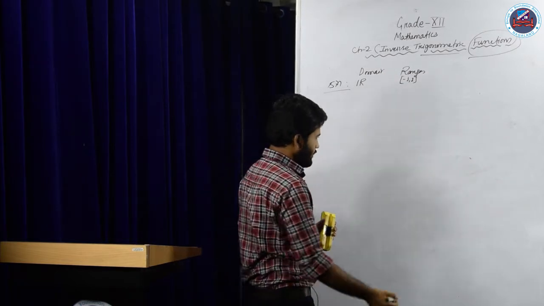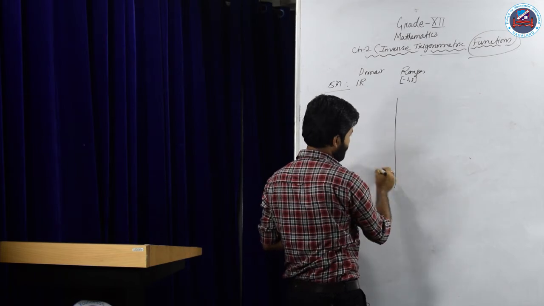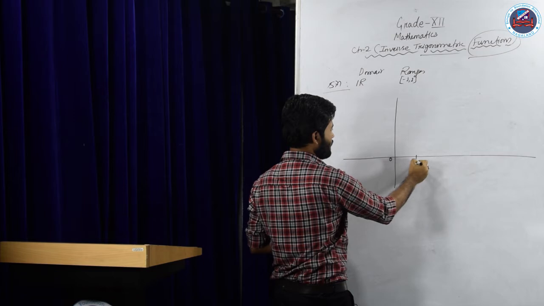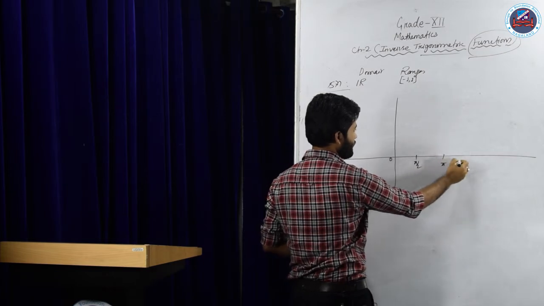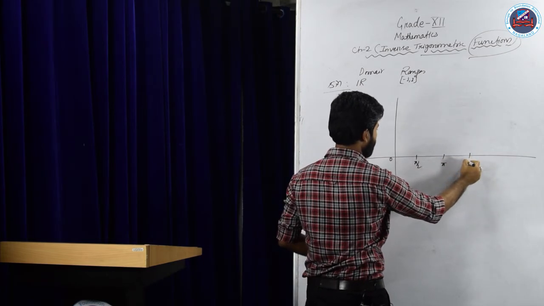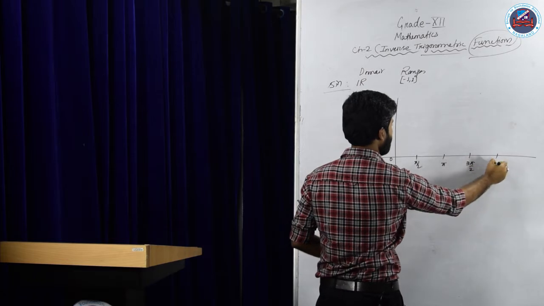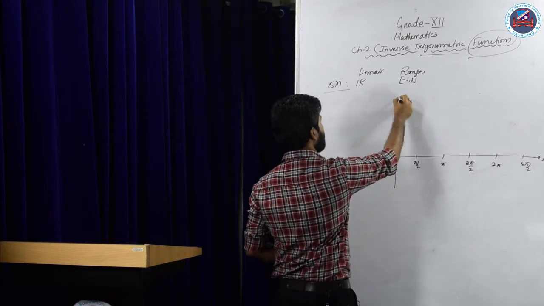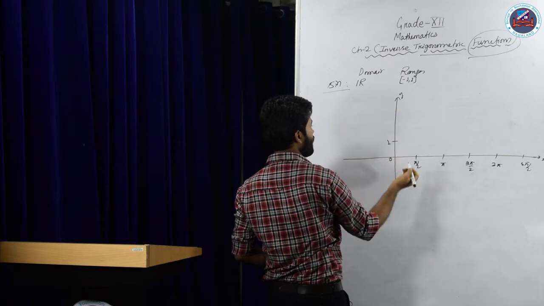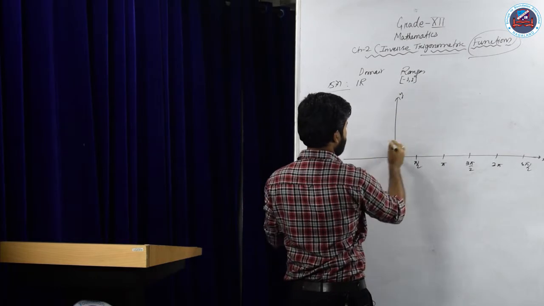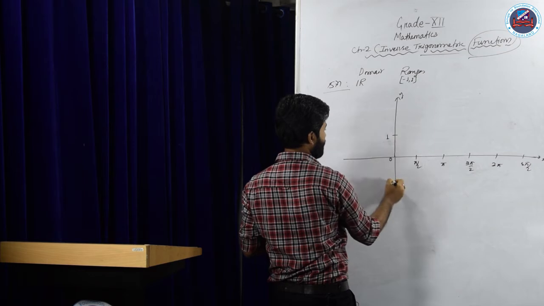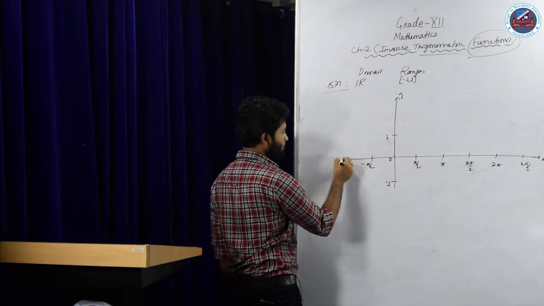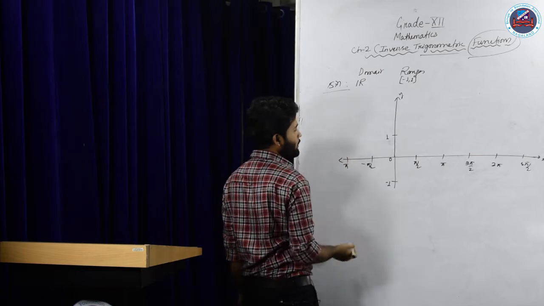Now, if I draw the graph of sine, here it is 0, pi by 2, pi, 3 pi by 2, 2 pi. Pi by 2 is our x-axis, this is y, so it will be 1, here it will be 1, let us consider this is minus 1, so on the left hand side it will be minus pi by 2, here pi, and it goes on.